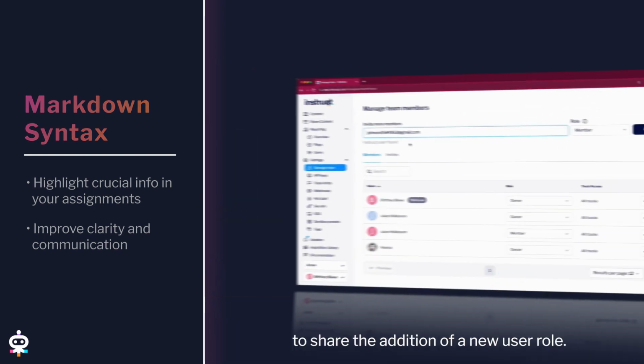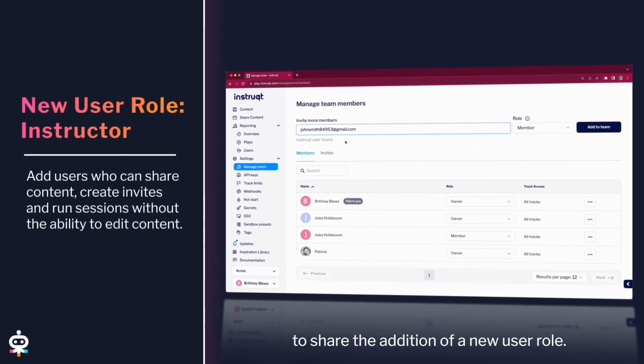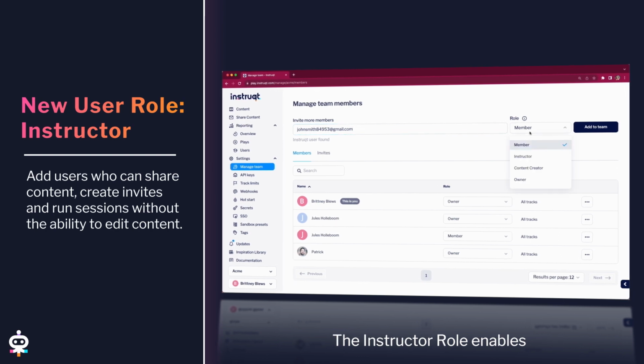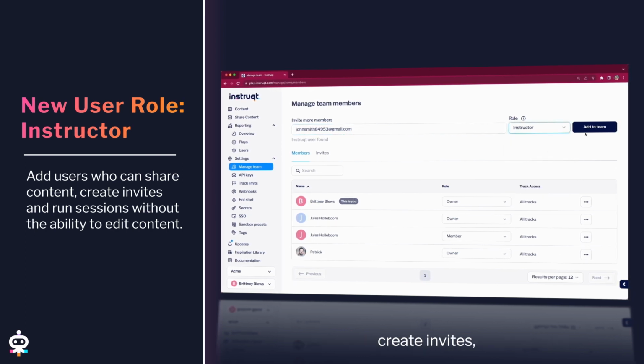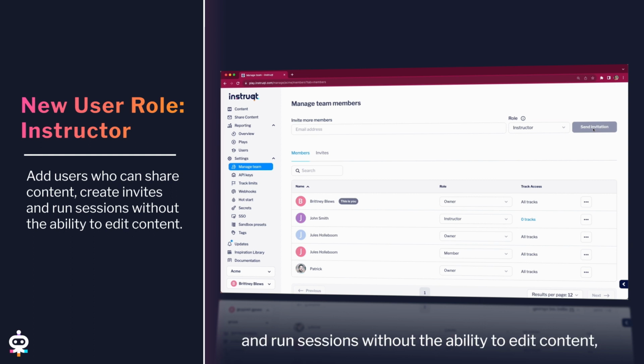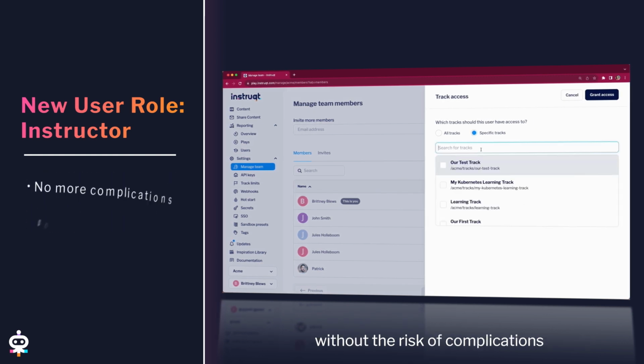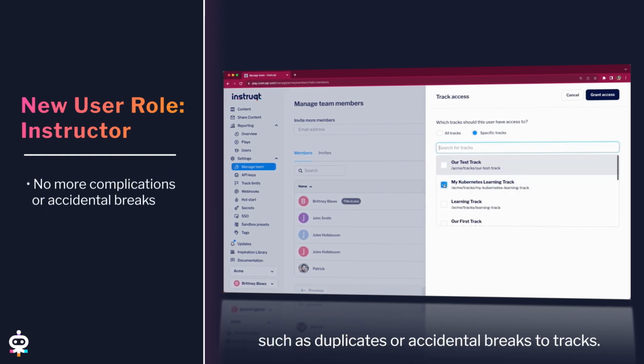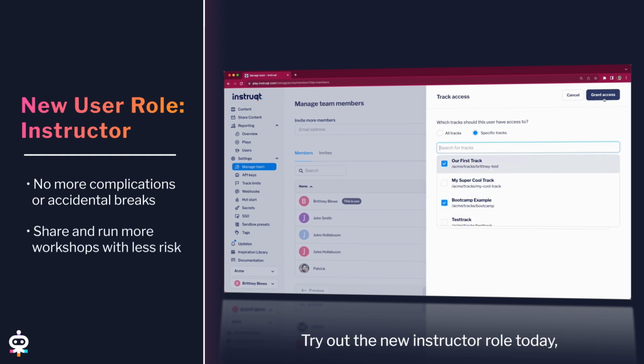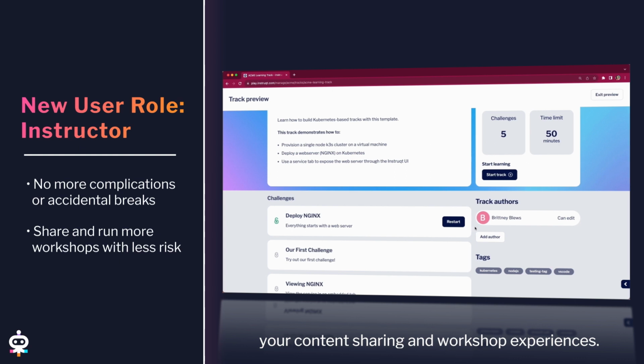We are also excited to share the addition of a new user role. The Instructor role enables you to add users who can share content, create invites, and run sessions without the ability to edit content, allowing you to share and run more workshops without the risk of complications such as duplicates or accidental breaks to tracks. Try out the new Instructor role today and see how it transforms your content sharing and